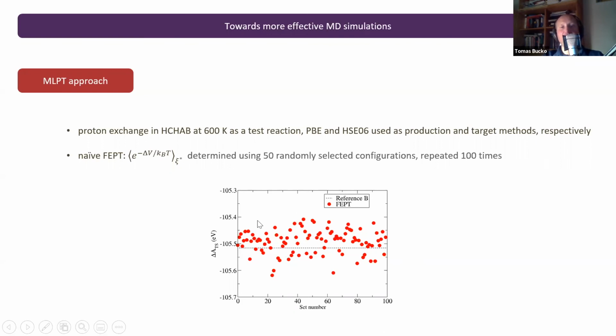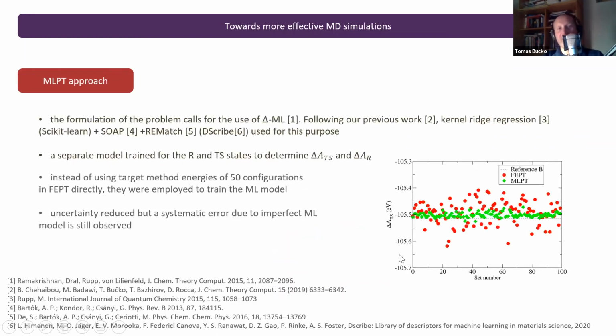As you see, even with a small number of configurations, the results are distributed around the correct reference value. Nevertheless, the uncertainty in predictions is very large. It's like 0.1 eV, which is as large as the correction itself. So you see that the naive free energy perturbation theory with such a small number of configurations is not very effective, as expected. But the formulation of the problem literally calls for the use of what is called delta